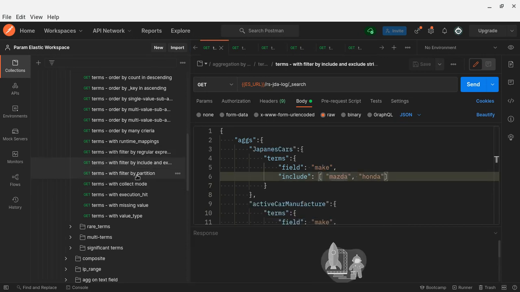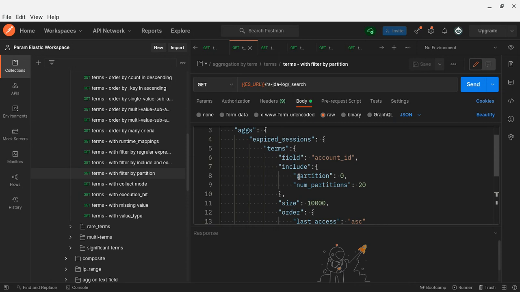Then partition also. What is a partition? Let's say we have 10 million records. Instead of doing the terms aggregation on all 10 million records, we can do partitions, and do the aggregation for every partition one after another.